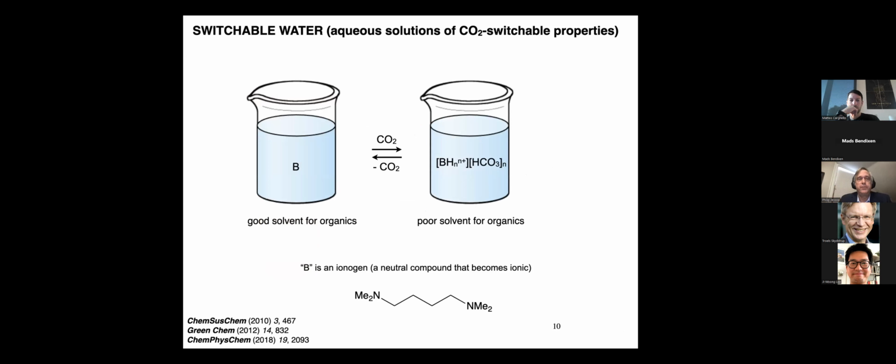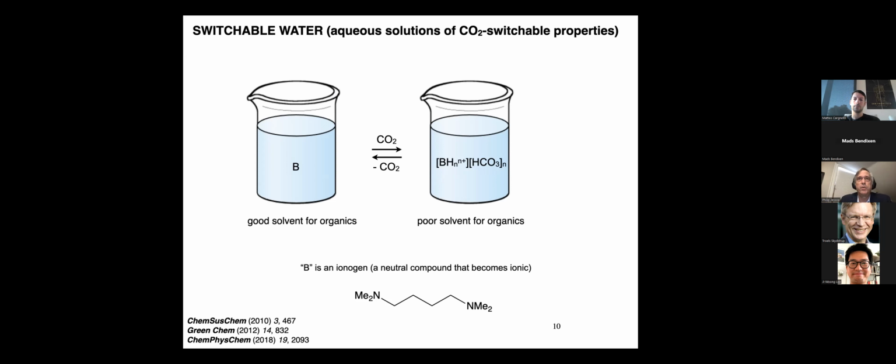So for example, this is switchable water, the one I mentioned on the far top right in the earlier slide. Switchable water is just an aqueous solution containing an amine, and an example amine is shown at the bottom. So it's mostly water with a little bit of amine in it. That's a pretty good solvent for organics, not because water can dissolve some organics, but because the amine really helps organics to dissolve in the water. But if you add CO2 at 1 atmosphere, that amine becomes a bicarbonate salt, and it salts out the organic. And so now the organic is not soluble anymore.